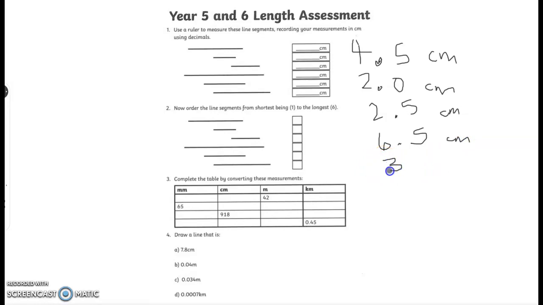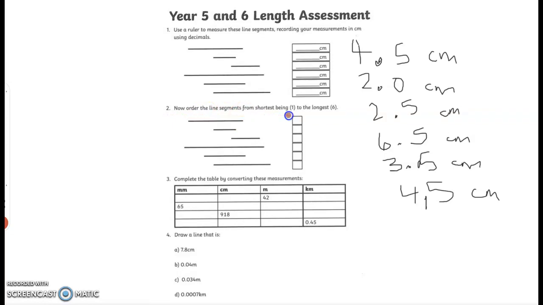Next one, 3.5 centimeters. And the last one, 4.5 centimeters. So here you have the answers for all these ones in here. Okay? All right, number 2, it says here, now order the line segments from shortest being the first,